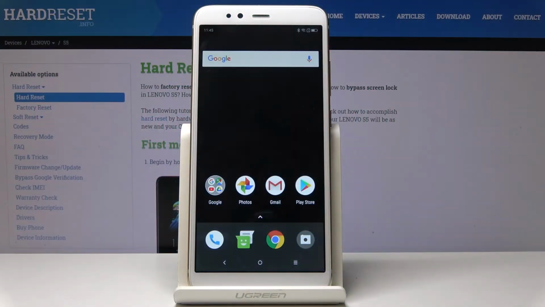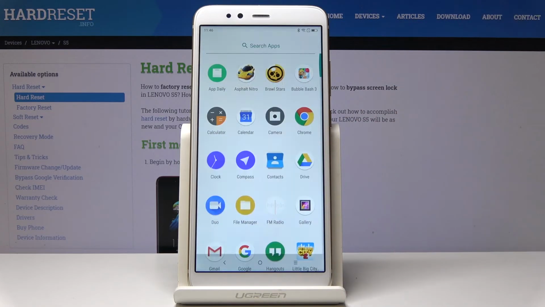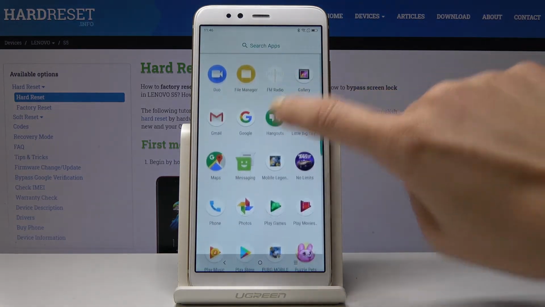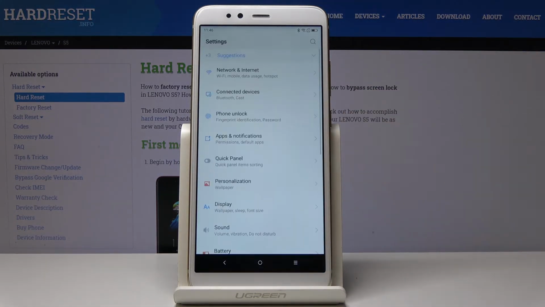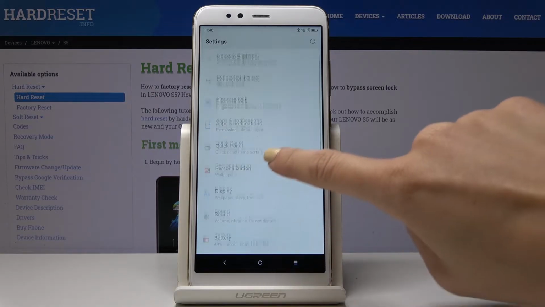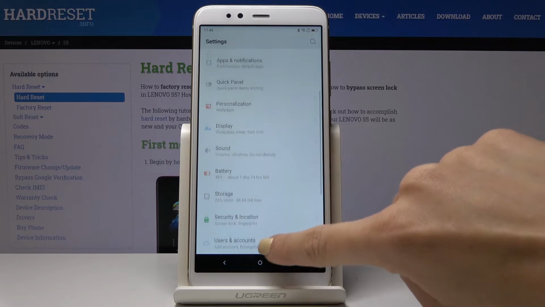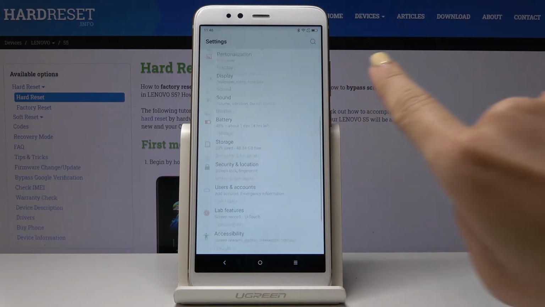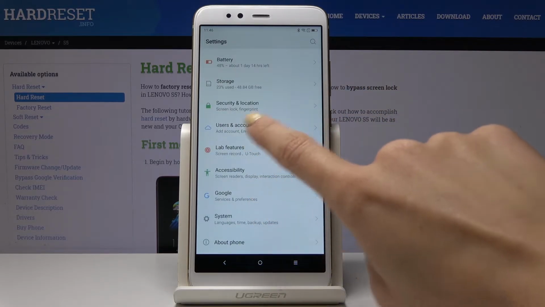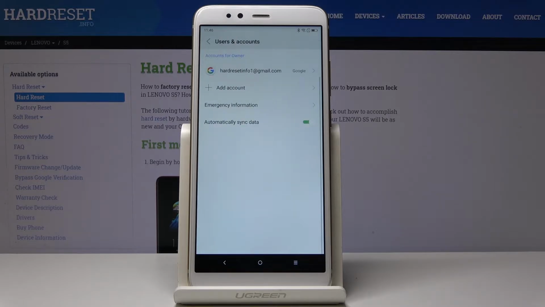Here I've got Lenovo S5 and let me show you how to add and remove Google account on the following device. So at the very beginning you have to open list of all applications, then find and select the settings. Here you have to locate and open, let's find accounts, users and accounts, here they are,